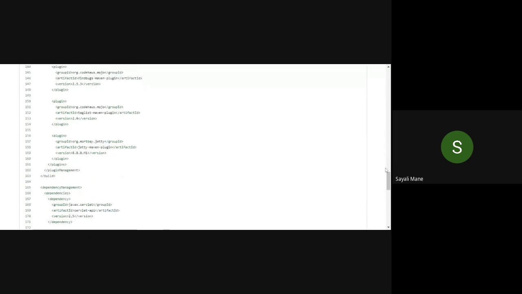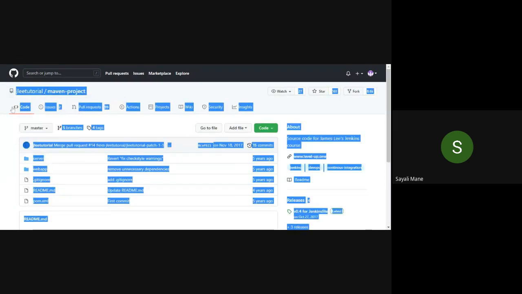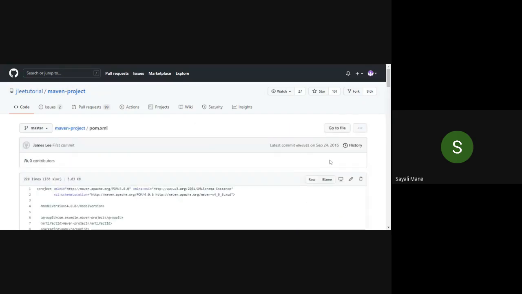Just wait a minute. Open this GitHub account, or you can take any Maven project. Here, Maven project means what? If a pom.xml file is there, then that project is called a Maven project. You have to open this pom.xml file and then search for JUnit and or TestNG and show it to your external. Okay,